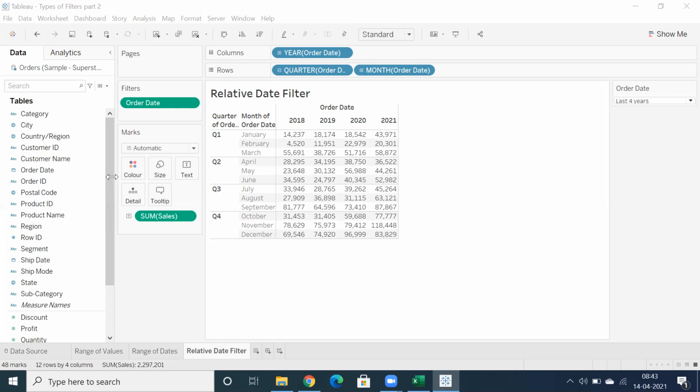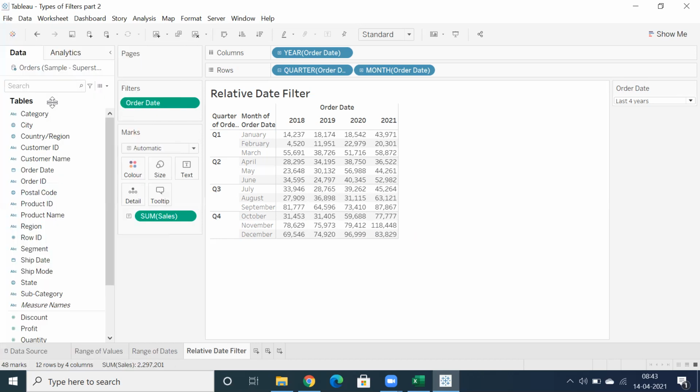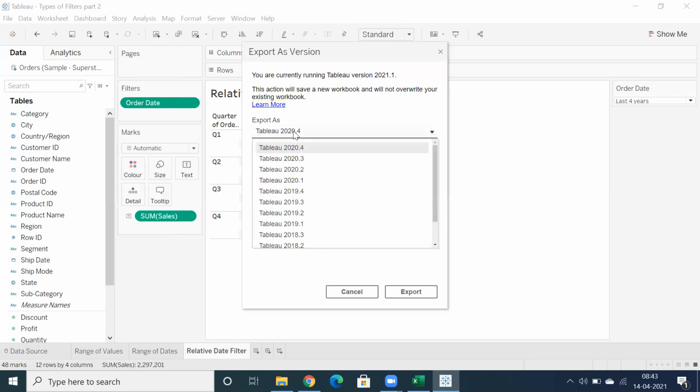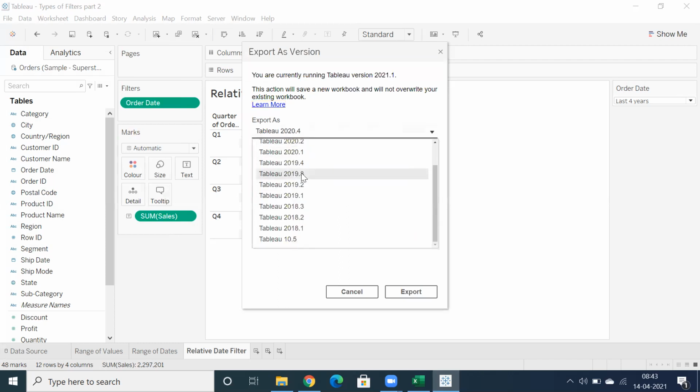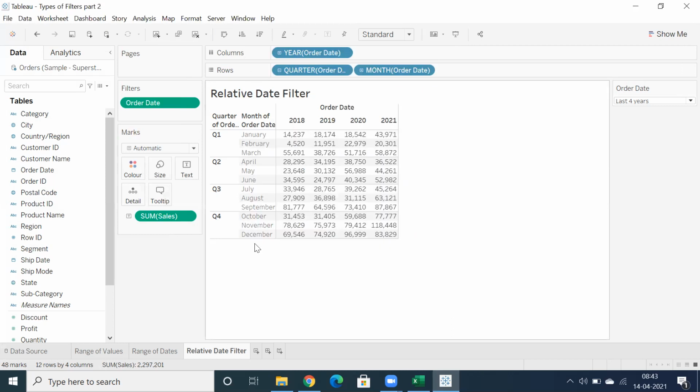So what I'm saying is, let me save this, so you can see export as version. Whenever you are using, anyhow, I selected the 2020 version, so I'm not using any 2021 latest version. What I mean to say is basically I connected actually.